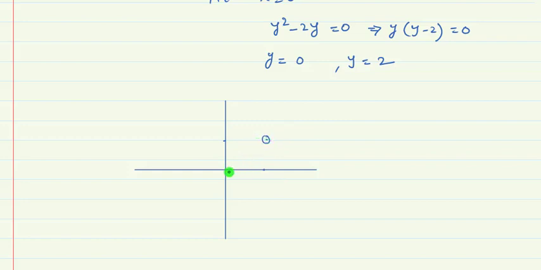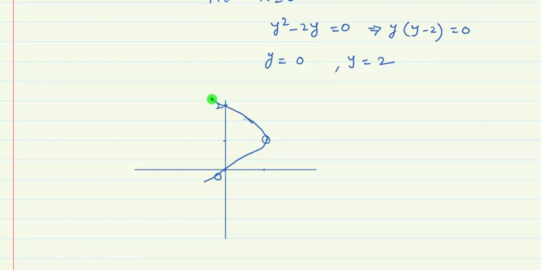And this parabola is intersecting, one at x is equal to 0 and y is equal to 0. This is the point which is clearly O, and another point at which it is intersecting is x is equal to 0 and y is equal to 2. So let us say this is the point x is equal to 0 and y is equal to 2. So clearly the parabola that we will draw with turning point 1, 1 is clearly this one.